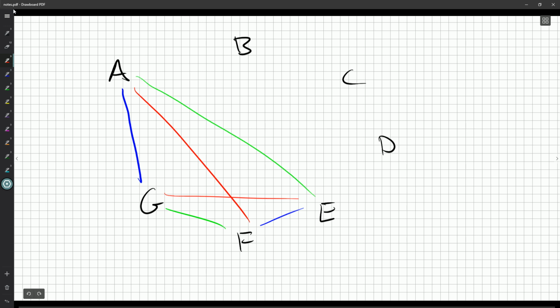But what do A and D play? What sport do they play? Do they play red? Which I think I said was rugby off the top of my head. Well, no, because then A, D, and F don't work. Okay, could they play green? Well, no, then A, D, and E. How about blue? No, and then A, D, and G would cause a problem. Okay? So we get this sort of issue that you're definitely limited by the number of